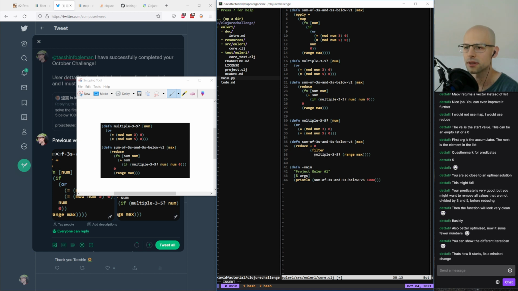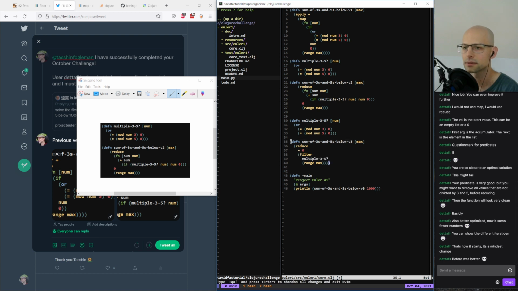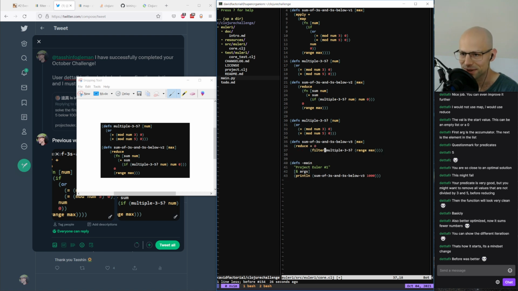Is this the best way to indent this? How would you do it? I guess the number of spaces isn't particularly important, I want this to be on a new line, so something like that. Or do you like it before, like this? Yeah. What would an idiomatic Clojure be? Like this, I feel like is Python inspired. So we'll, yeah, I think you're right. All right, so